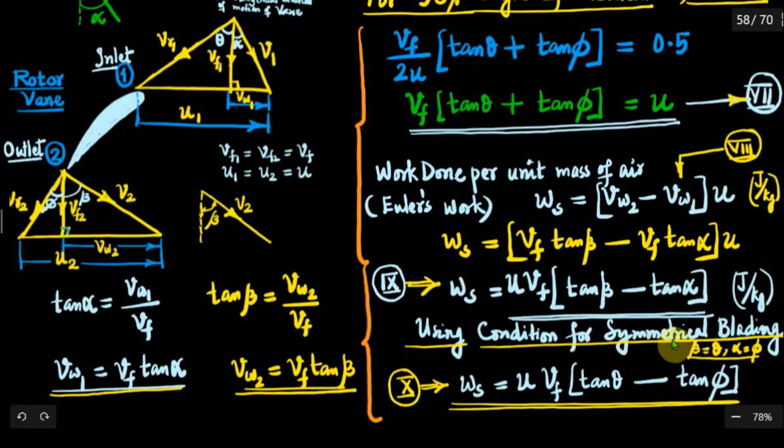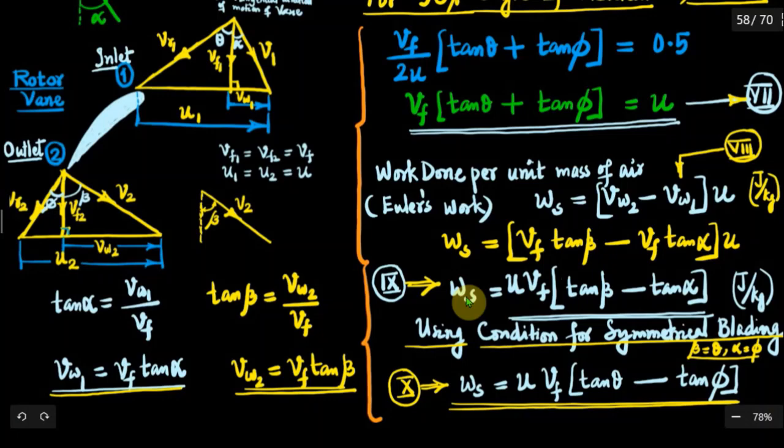And if you use the condition for symmetrical blading, definitely beta is equal to theta and alpha is equal to phi. You can write these guide blade angles in terms of vane angles at inlet and outlet. So what is the ultimate relation? Specific work done per unit mass of air is equal to U into Vf into tan theta minus tan phi, that much joule per kg. These relations are going to be extremely important when we solve numerical problems and when we analyze the characteristics of